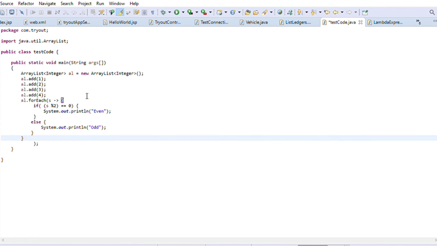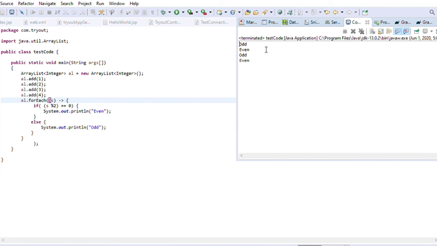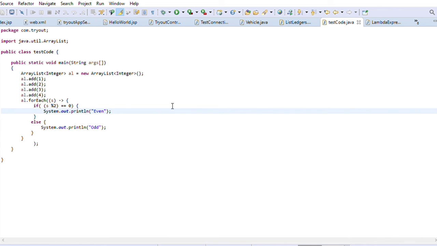Here I'm printing the even string for an even number and the odd string for an odd number, and I'm taking s as the parameter, putting it inside our parentheses, and then I'll run it as a Java application. It's printing odd, even. I'm trying to pick the simplest examples to make sure that you understand the concept really well.